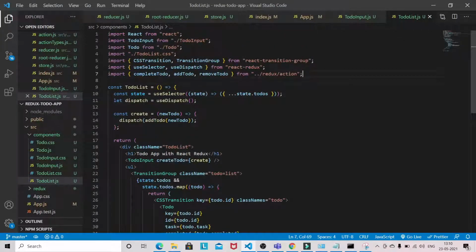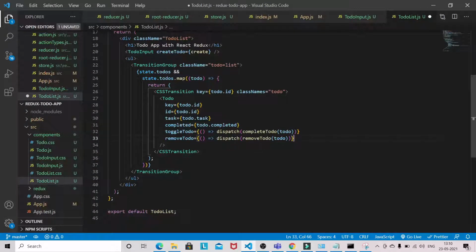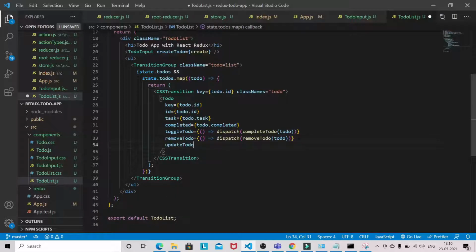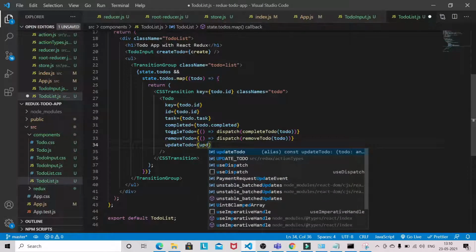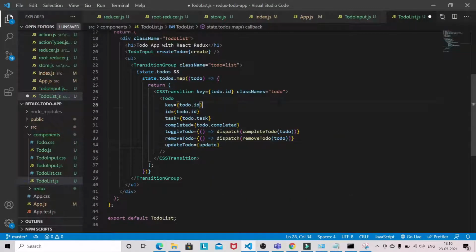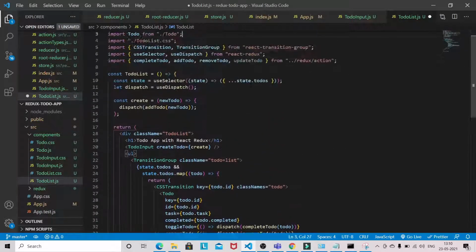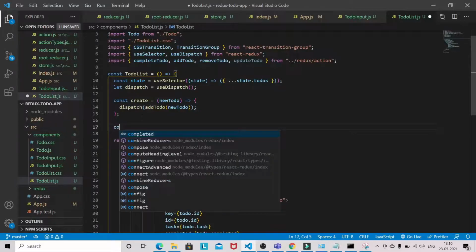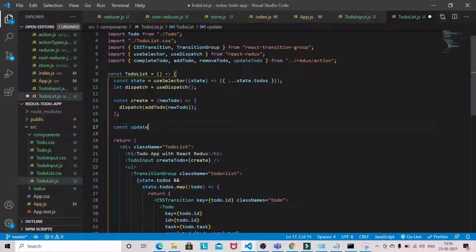From here we will be bringing the action update to-do, and we will be passing the update to-do. So this update basically will receive an ID and the updated task.